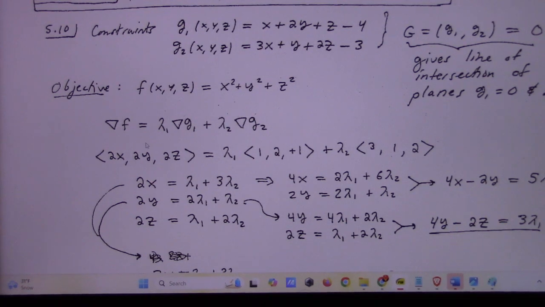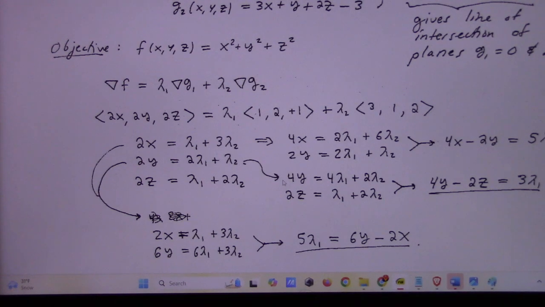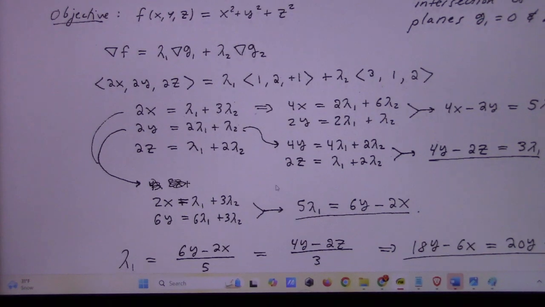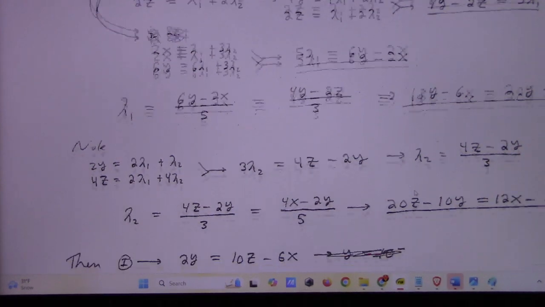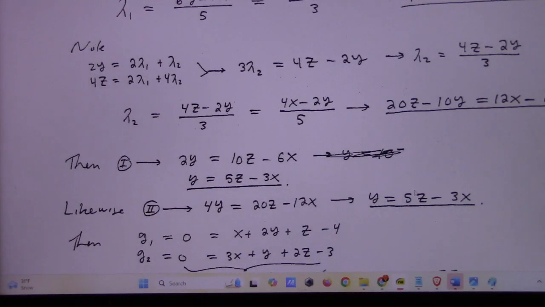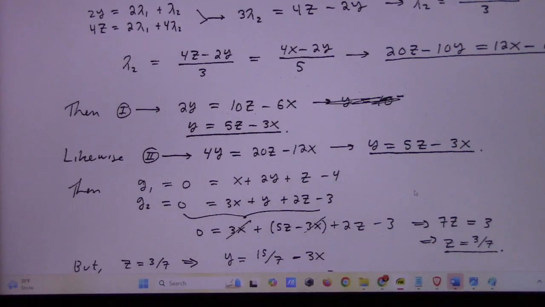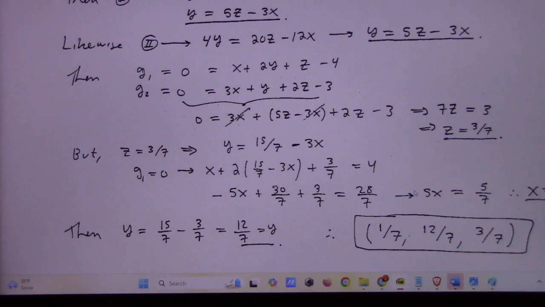And as such, I have two Lagrange multipliers, and I get these equations, which you do some algebra on. You do some more algebra, eliminate stuff. You don't care about the lambdas; you really want to get rid of the lambdas. We finally get to this equation 1, and then I plug it in, find lambda 2, plug it back in, get an equation 2, and then I take equation 1. I'm sure this algebra is not minimal, guys. It's just algebra. So after some algebra, I finally find that the solution to these equations is 1/7, 12/7,